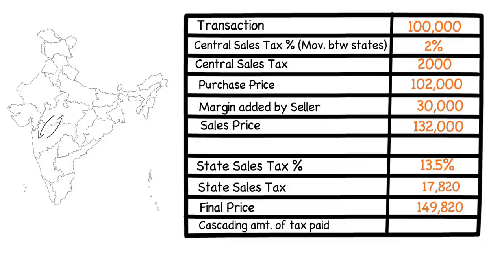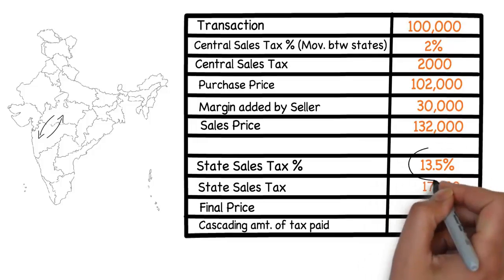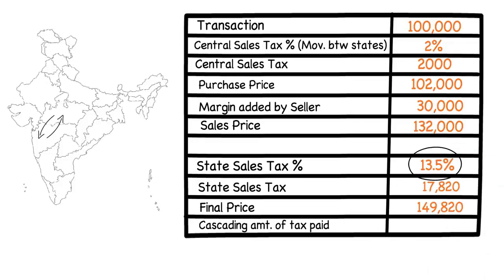The problem here is because the central sales tax is included in your purchase price, you are unnecessarily paying tax on the taxed amount, which in this case you are paying tax of 13.5% on the central sales tax amount of rupees 2,000, which is rupees 270. This is a simple example of just one tax on tax. However, in reality, many other indirect taxes would be applicable and you would be paying taxes on multiple taxes, and all this eventually increases the price of goods and services.